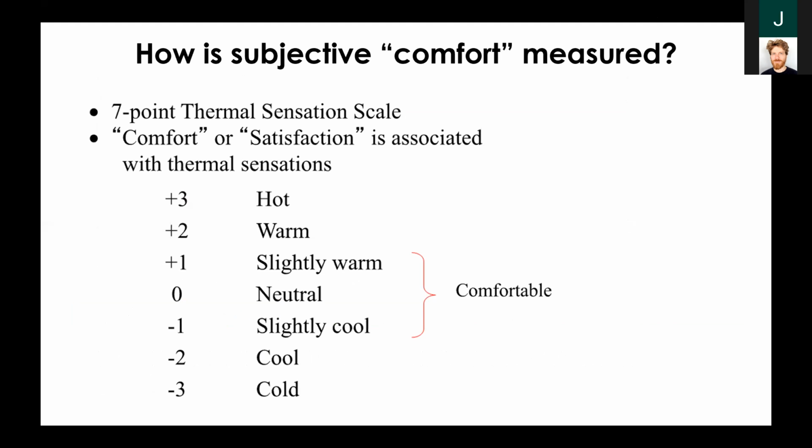How is subjective comfort measured? So ASHRAE thermal comfort standard 55. The goal was to create a comfort zone in which 80% of people describe themselves as comfortable. And so if you go on this 7-point thermal sensation scale, that means you want 80% of people to feel slightly cool, neutral, or slightly warm, as opposed to hot, warm, cool, or cold. This is highly subjective because, in fact, some people would describe comfort outside of these 3 categories. Some people prefer being warm, but this is how